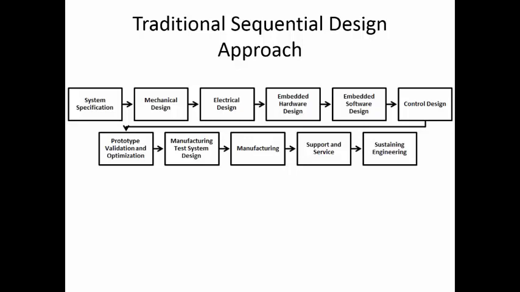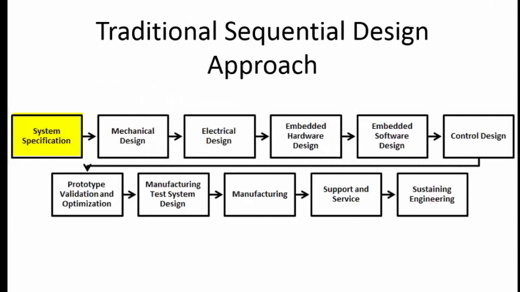So now there are two ways in which you are going to identify the requirement. One is the customer or some person is going to say that I want a particular product which is going to do this kind of work. That is the requirement of a customer. He will go to a design company and they will start doing the design according to the customer's specifications. Alternately, the company itself will see that so many people are doing this kind of work. We can create a product and we can sell it to the people and they are going to buy it from us. So that is also possible.